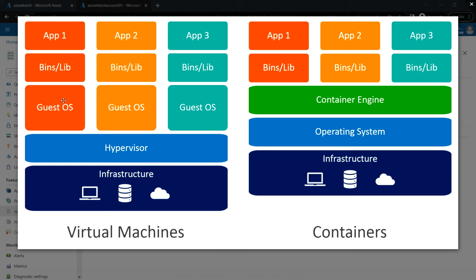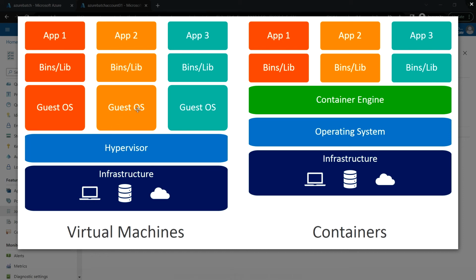Those applications might require some binaries or libraries that will be a dependency for that application. And once we have installed all of them, then the application will be running. So we need to follow the same kind of steps for each and every guest OS when we are configuring any kind of application. So let's say we are installing an additional application in the same guest OS,